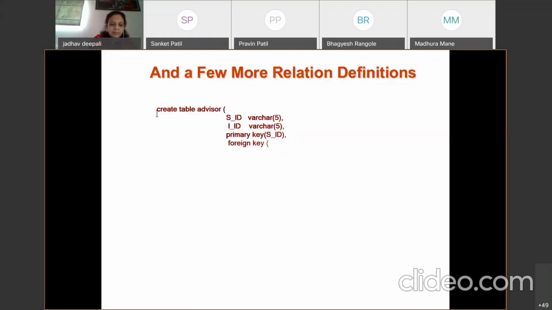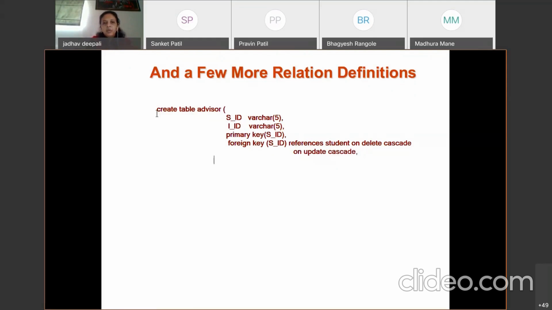Foreign key, SID, references, student, on delete cascade, on update cascade and comma.